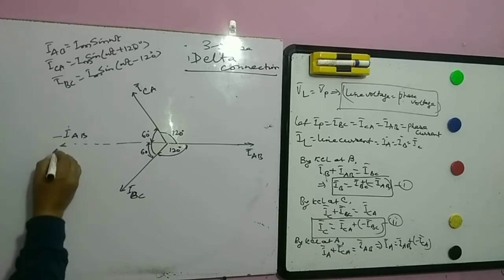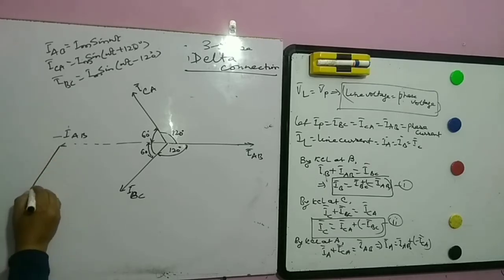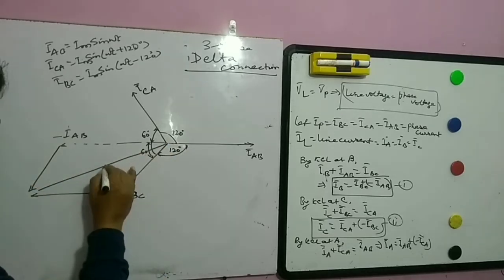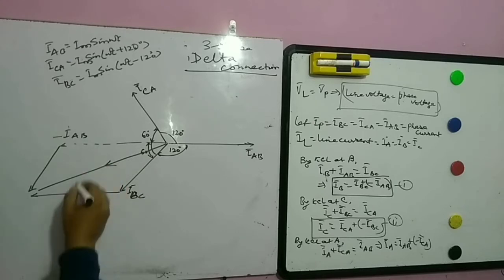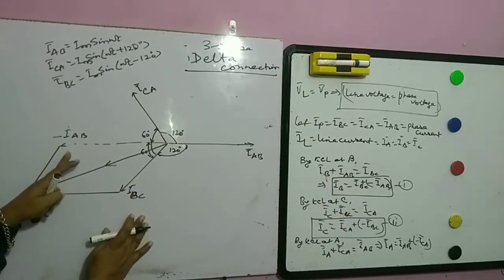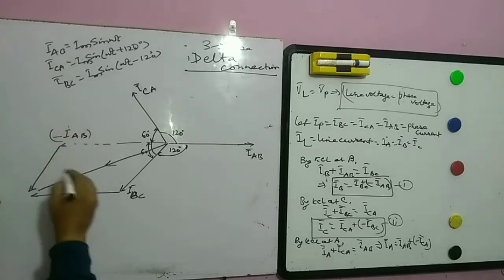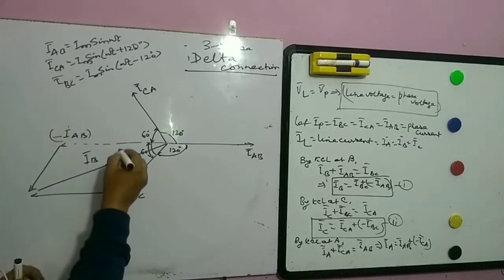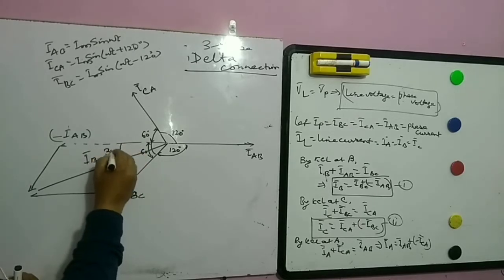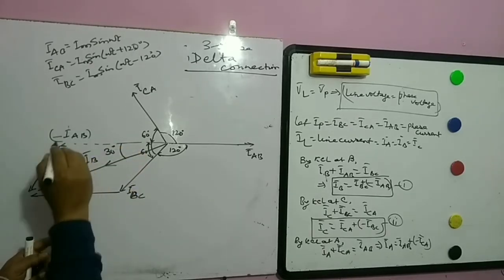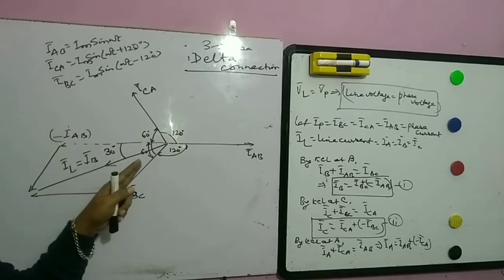This is minus IAB. So this phasor sum we can draw, a parallelogram we can draw like this, and this is our resultant. So we can write now, IB is the phasor sum of IBC and minus IAB. So this we can get IB, right? So what will be the angle if they are balanced? So this is angle 30 degree. So IB is the line current. Line current and phase current we have got 30 degree apart.